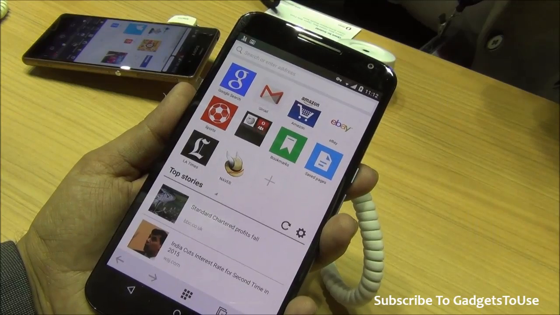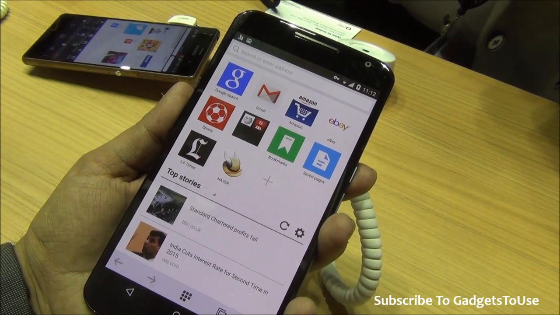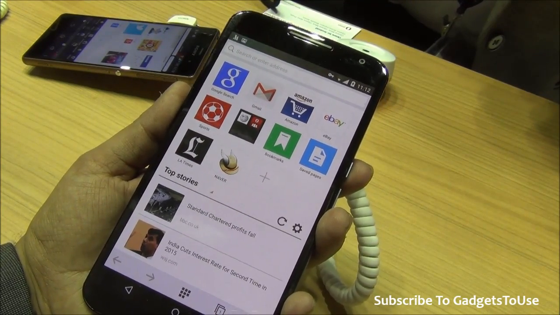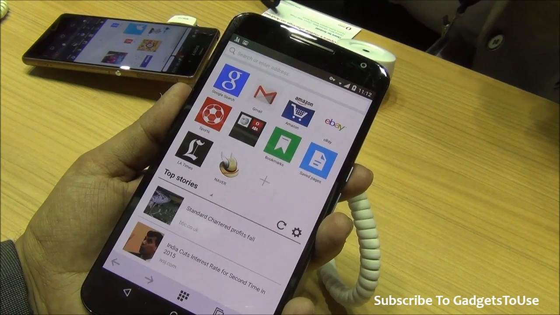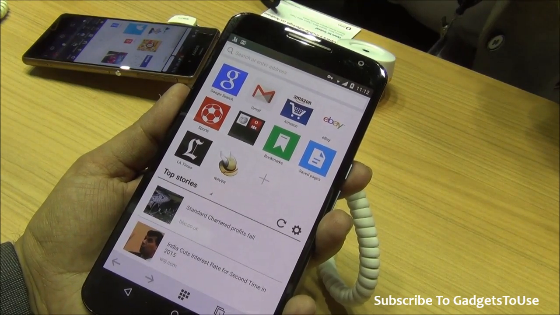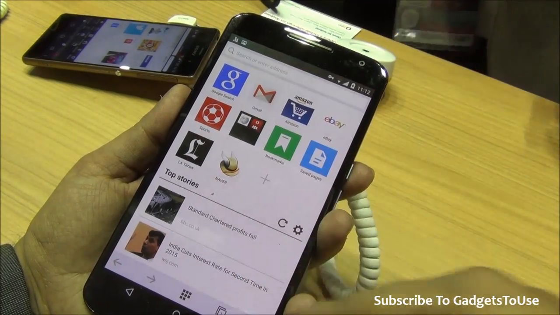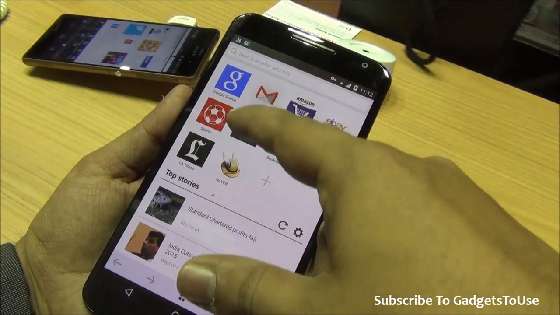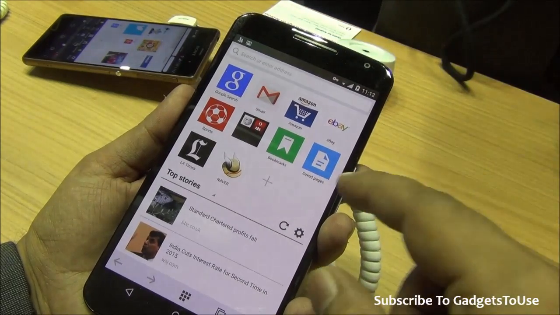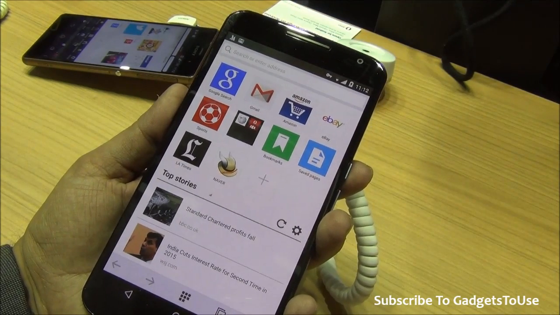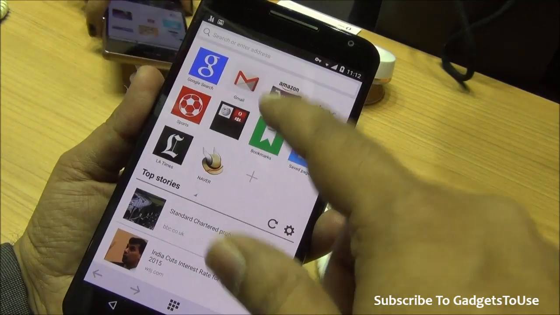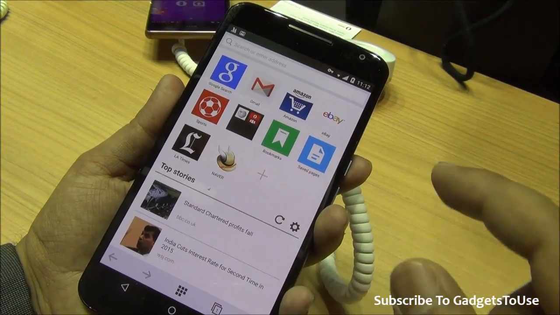As you can see, this is the new kind of design, a very responsive kind of a design in which you can load a website and it can adapt to the kind of website you are loading. If it is a mobile website, if it is a desktop website, it will load the content properly. You have the home page over there which has all these kind of tiles or shortcuts to those websites which you want to visit. You also have a shortcut to the bookmarks as well, and again you have Discover as